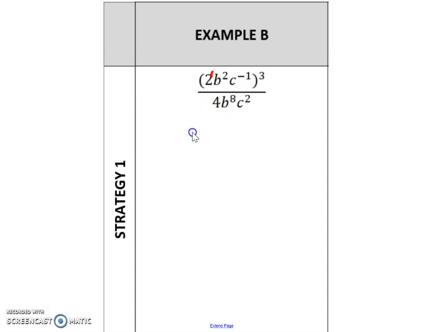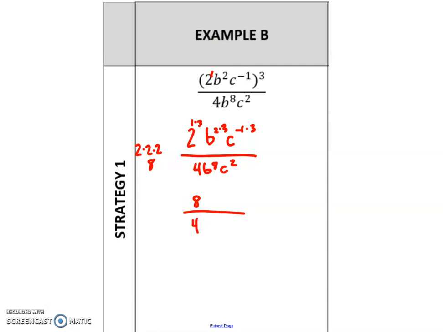All right, so we're going to do this, and we have 2 to the 3rd, because it's 1 times 3. I have b squared times 3, c to the negative 1 times 3, all over 4b to the 8th, c squared. Right, let's simplify this. So that's 2 to the 3rd. 2 to the 3rd is 2 times 2 times 2, which is going to be 8. So I'm going to have 8